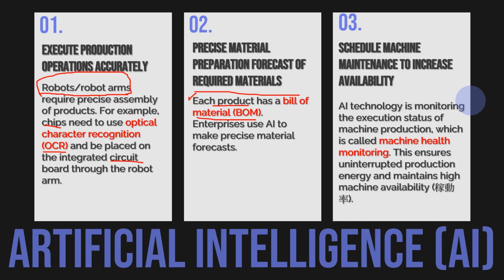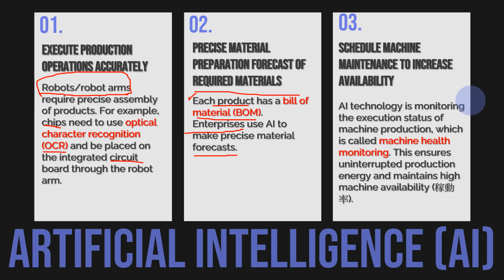So they have a label. So ERP will, when your material goes out and comes in, keep a record. Okay, so that record can deal with the BOM. Okay, so ERP, enterprise is the E. Okay, use AI to make a precise material forecast. Okay, and that will be a very famous concept or program, ERP, in e-commerce, okay.